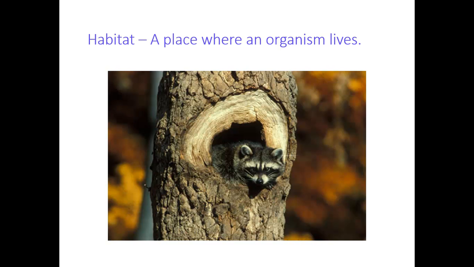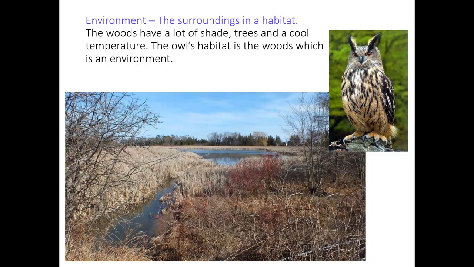A habitat. See the raccoon in the tree? A habitat is a place where an organism lives. The environment is the surroundings in a habitat. So there's an owl and woods. The woods have a lot of shade, trees, and a cool temperature. The owl's habitat is the woods, which is an environment. So it's the organisms and the non-living parts and the features of the surroundings that are good for the animals